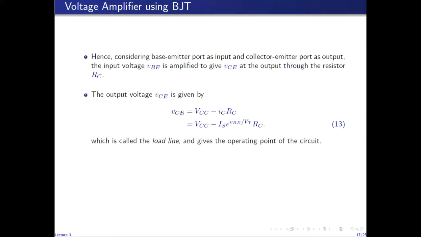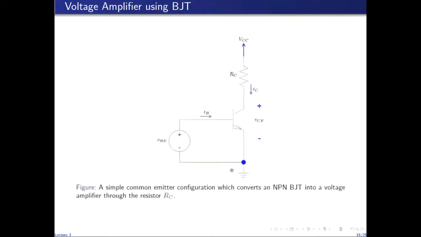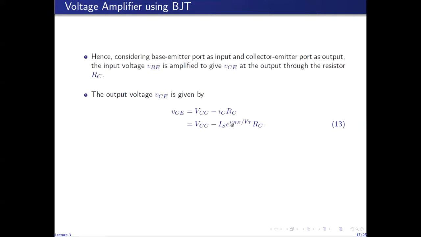And this expression is called the load line of this voltage amplifier. This is called a voltage amplifier because small changes in the input voltage are exponentially mapped into the output voltage. So for small input voltage, we get a large output voltage